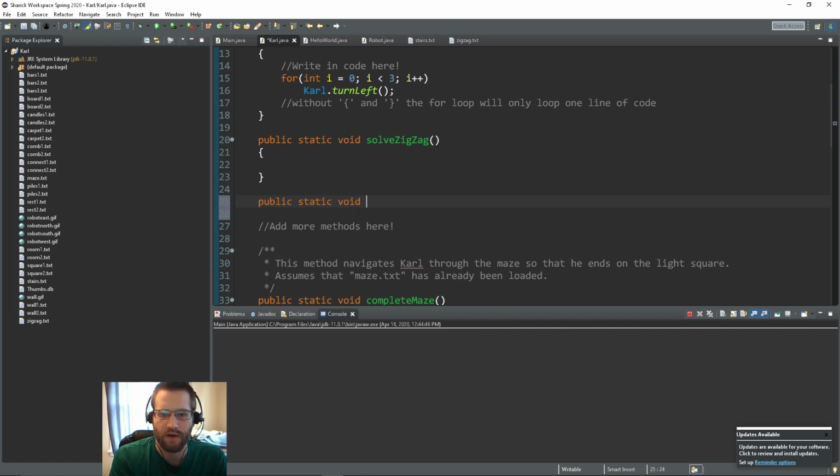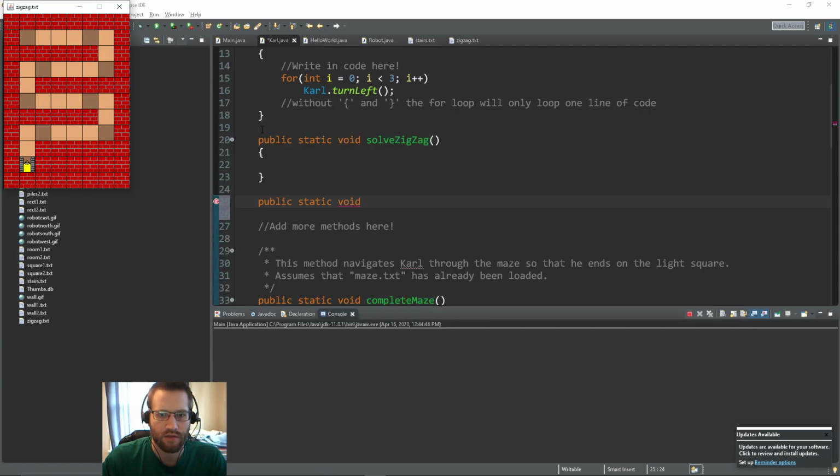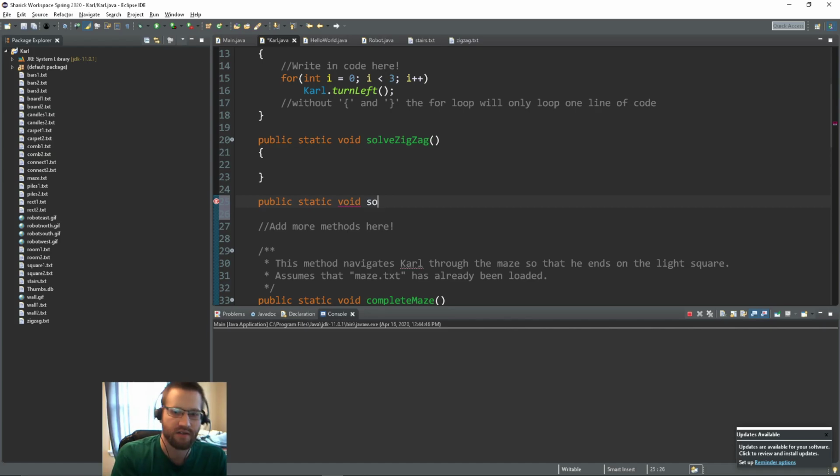And this helper function is going to be just for one of those zigzag, one of the, let me show you here. It's just going to be for one of these here, right here. So this is a straight part, whatever I might call that. Maybe that's a zig and that's a zag. We can do that. So maybe this one will be the solve zig